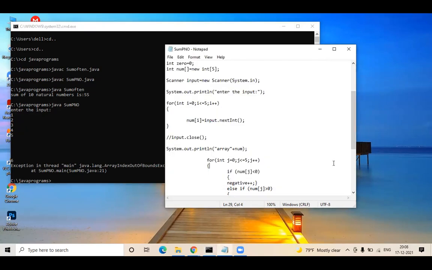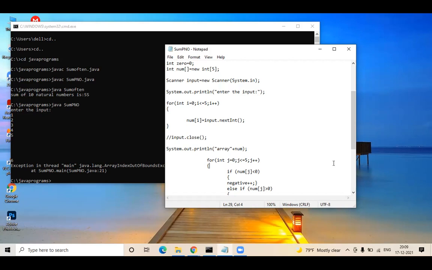Yeah, because in your first for loop, you're just consuming and you're not using that input, right? You have to do your logic within that loop only. Why did you create another for loop there? You don't need another for loop. The reason you're getting array index out of bound is you have given length less than or equal to 5, and you're trying to give one more count, so the total length becomes 6. The second thing is, once you consume your input in your initial for loop, you can have your logic.